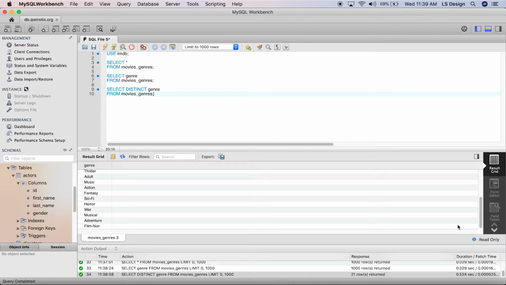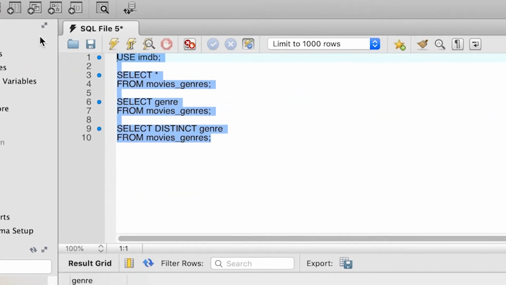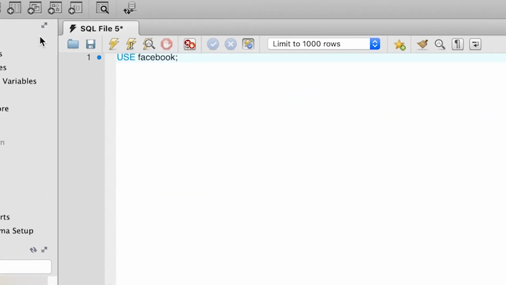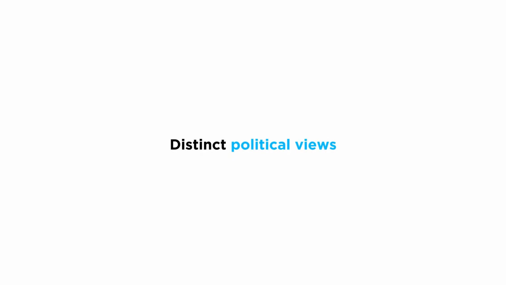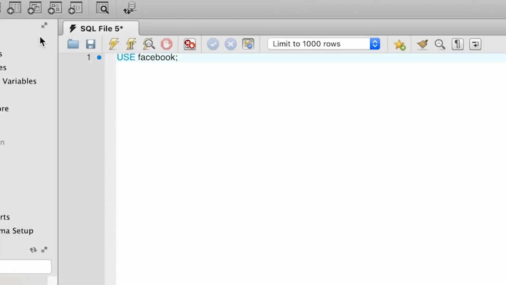Now, let's switch back to the Facebook database, use Facebook, and explore it a bit. We want to see all the distinct political views that are stored in the profiles table, and in particular in the political views column. So we start by typing select political views from profiles.